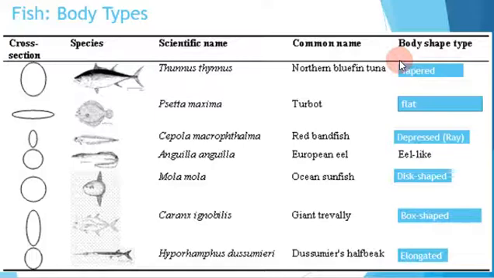We have a fish that is eel-like. Eel-like. We have some, what's this name? Disc shaped. Here's the mola mola or the ocean sunfish. It's just basically a head that swims. Like a head and round. Mola mola. That sounds Hawaiian to me. Yeah, probably. We have box shaped, like the giant